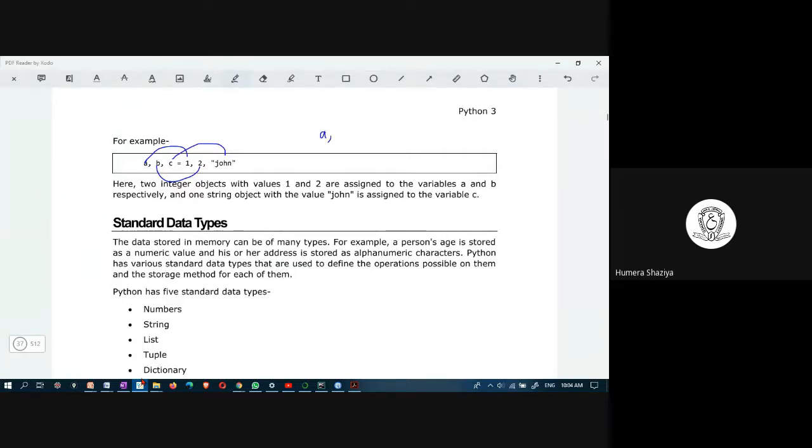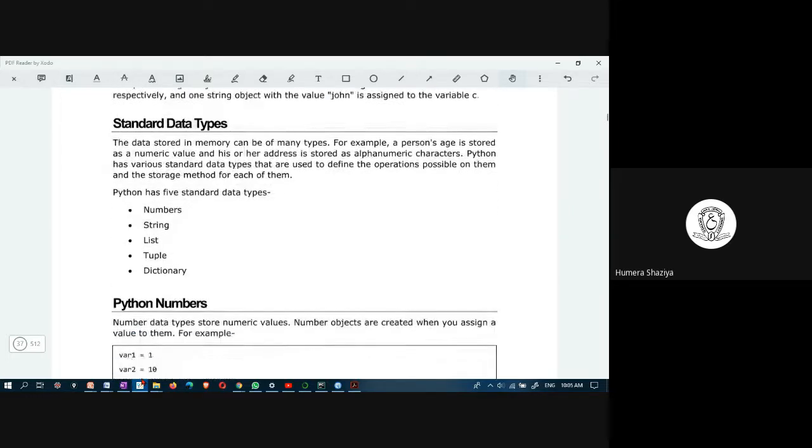Simultaneously, you are assigning A, B, and C. There are three variables, and here you see there are three values. All right, so two integer objects are assigned to A and B, and one string object is assigned to variable C.